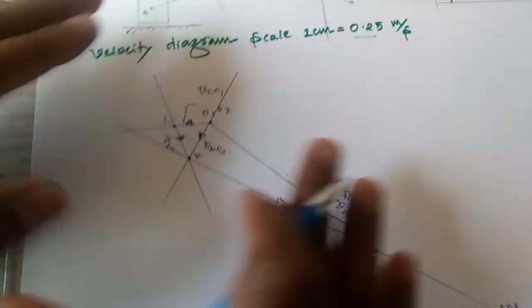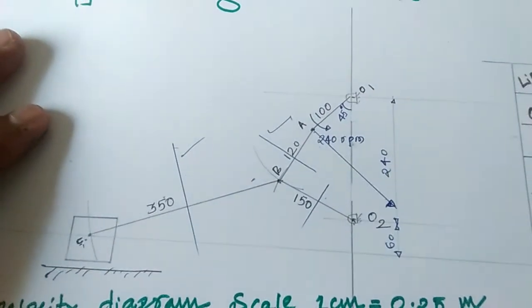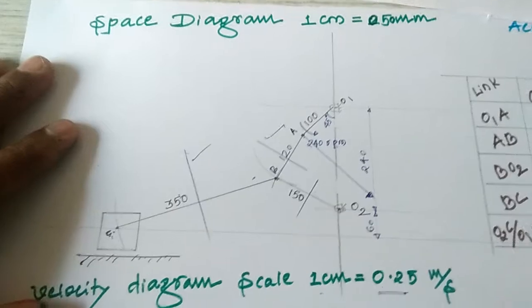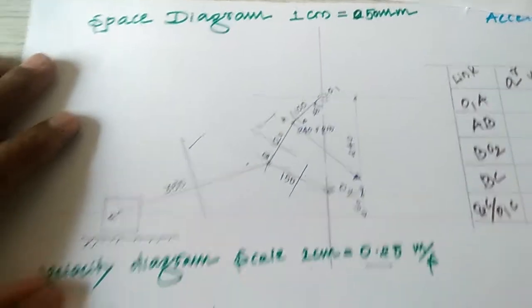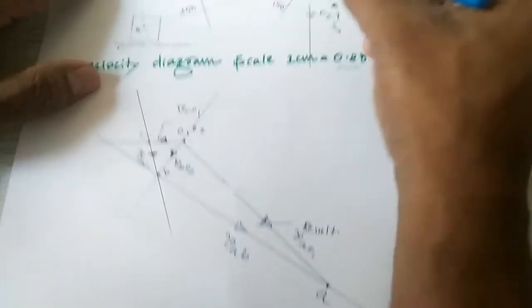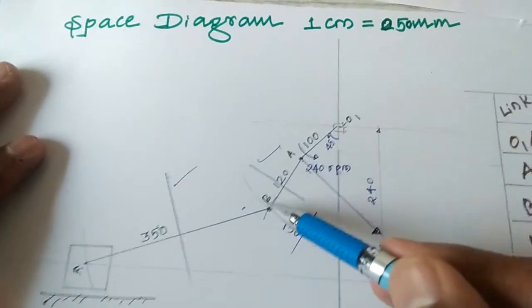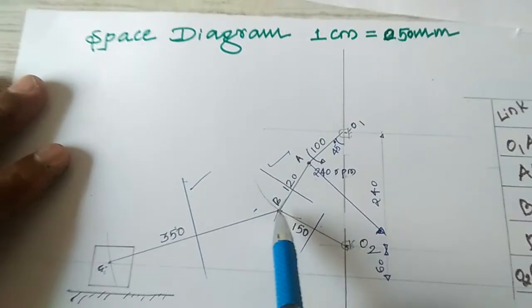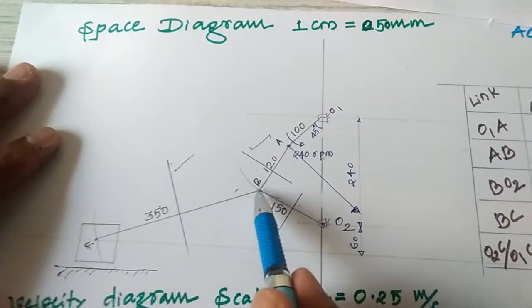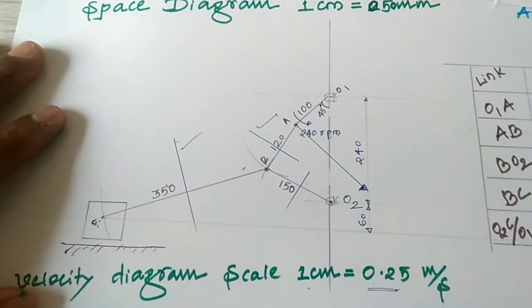Okay, if the vector direction is a different way, that is the velocity you are finding with respect to this point. A vector diagram you can mark any way, with respect to whatever the point. Listen, a vector we can mark in any way, but for the velocity diagram, finding the velocity is important. Velocity of A with respect to O1, velocity of B with respect to A, velocity of B with respect to O2, velocity of C with respect to B, velocity of C with respect to O1 or O2. That is a straight line.